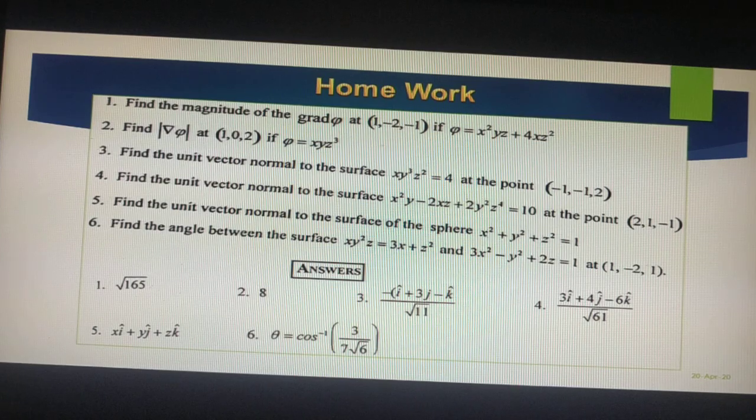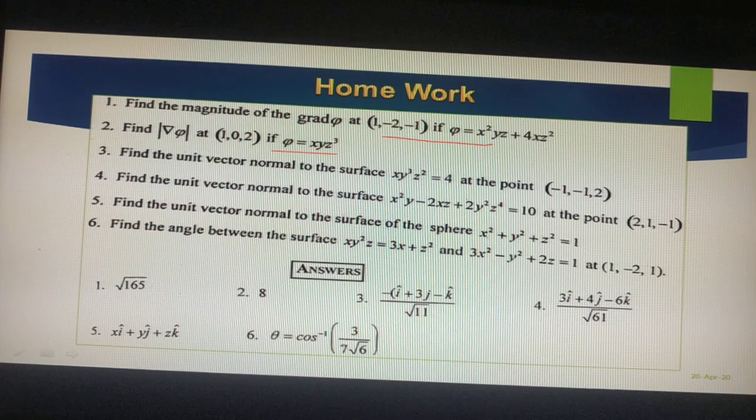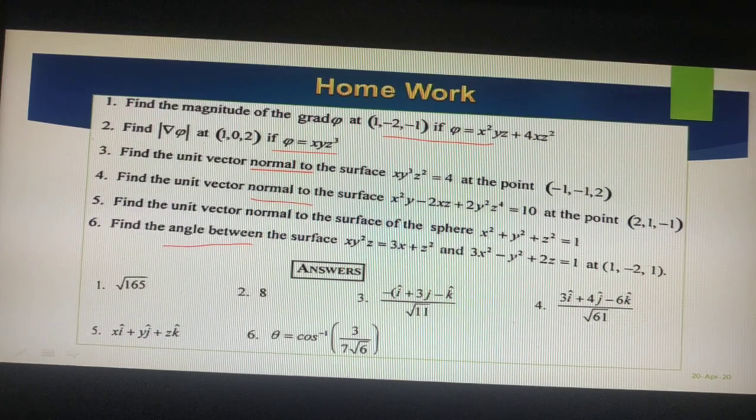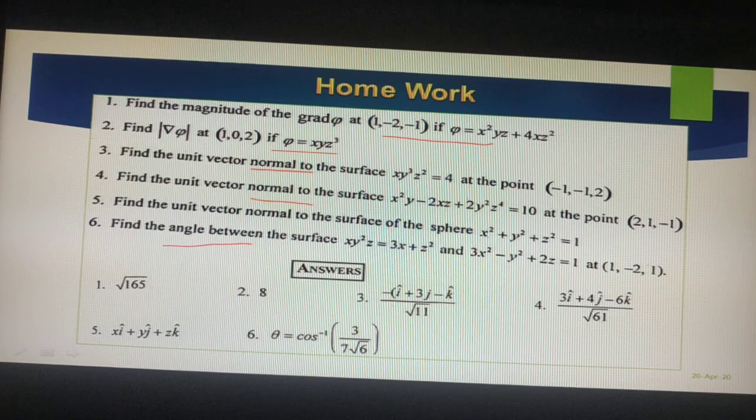You test yourself. We have certain problems here. You try all these problems. If you have any doubts, just ask in our regular class. Tomorrow I'm going to give the lecture based on this only, and at that time please ask your doubts.